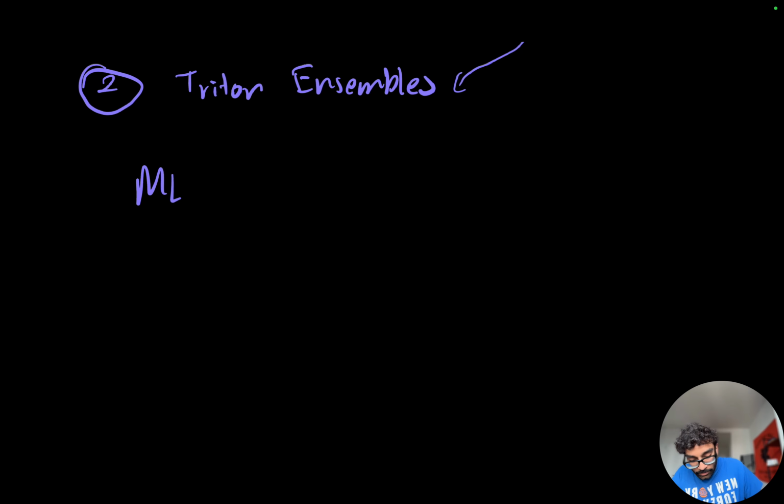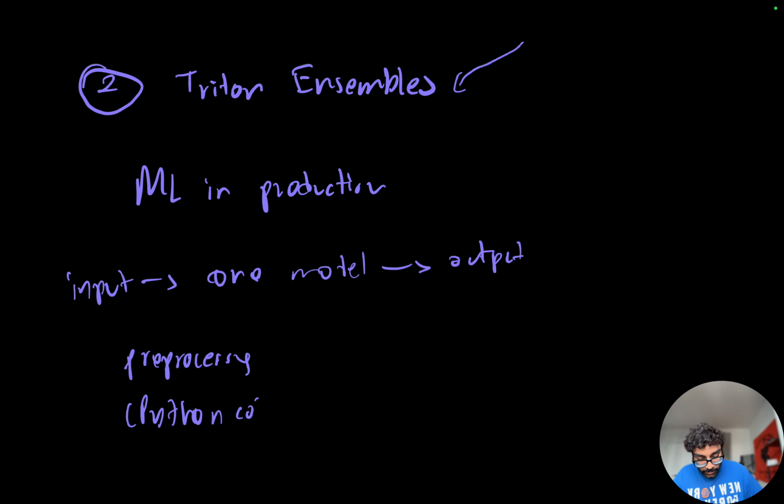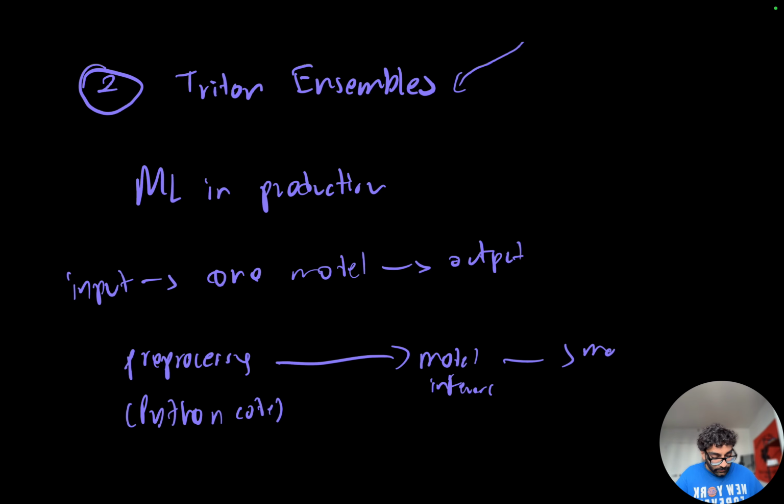When we're talking about ML in production, right, oftentimes there's not just one model that gets an input and then you simply have an output. Normally there's some sort of pre-processing done, which might require some custom Python code, maybe with some custom dependencies, as we talked about in the Conda Python backend. And then maybe you hit your actual model for inference, but then you might have another model that does another task. And then finally you might have a post-processor, right, that basically takes this output